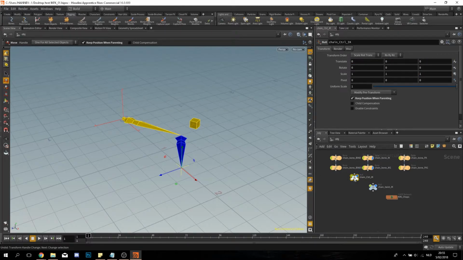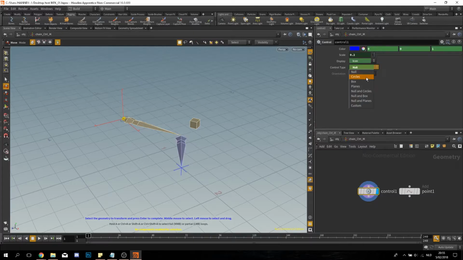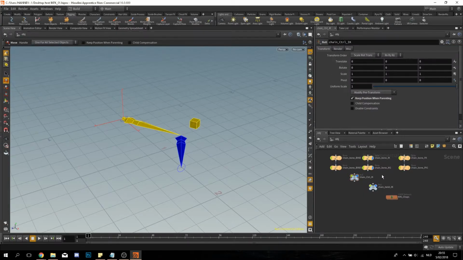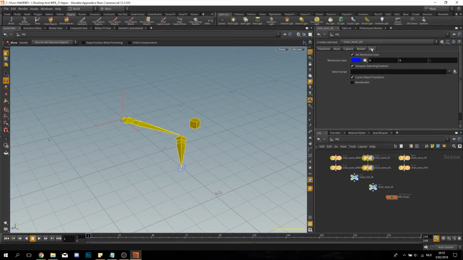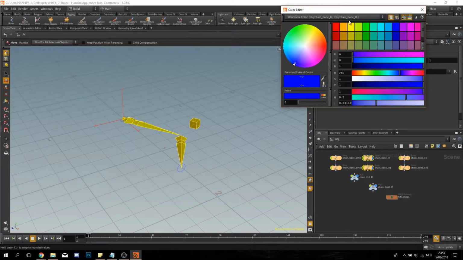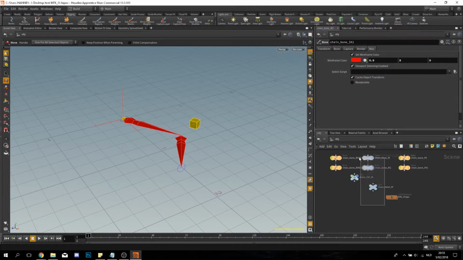I'm also gonna go inside of it and select here circles and select the right plane, so this looks more like an actual controller. I'm also gonna change the color because now they're all the same. And this is gonna be quite complicated, quite confusing. So this is the IK.